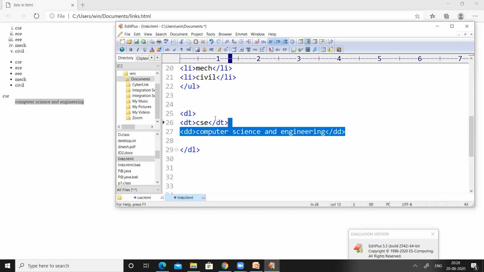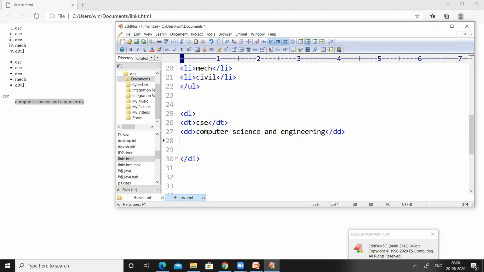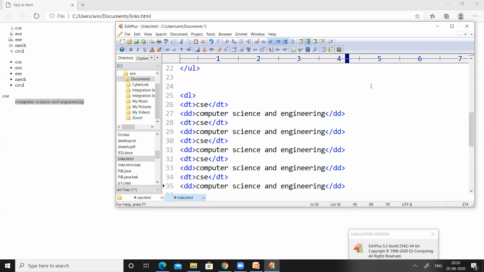So let us use this. Let us add a few more things to the definition description list.